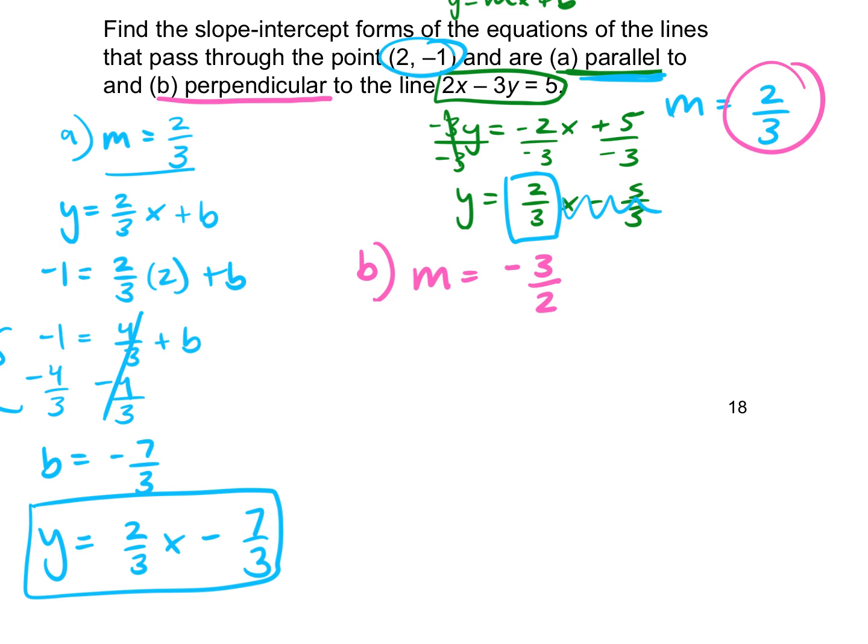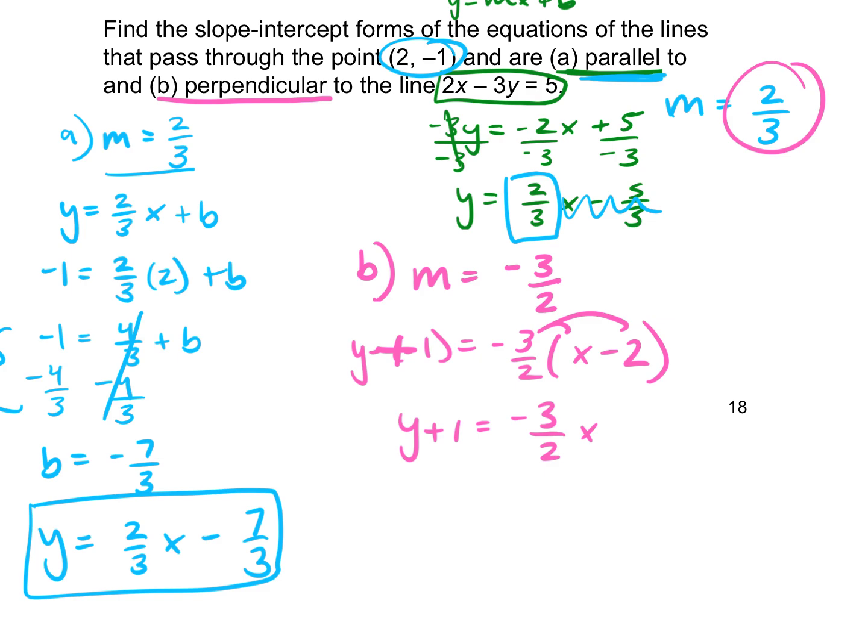So our point-slope form is y minus y1. So y minus -1 is equal to m, which is -3/2, times x minus x1, which is 2. We want to put this in slope-intercept form. So what would we do first? Distribute. And y minus -1 turns into a plus. So this would be y plus 1 is equal to